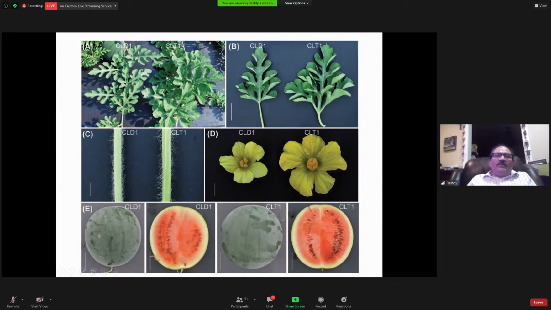See, the diploid, and once you double the chromosomes, that becomes tetraploid. You can easily say the tetraploids are much bigger. And similarly, the leaf size of tetraploids is larger. The flower is bigger. And the stem thickness is more. And you see these trichomes, these hairs, what I have been talking about, they are denser, stronger in tetraploids. But why are the fruits almost comparable, the same size? So we wanted to work out why these fruits are of the same size, and we wanted to understand what this tetraploid superiority is, how it is coming about in the tetraploids.